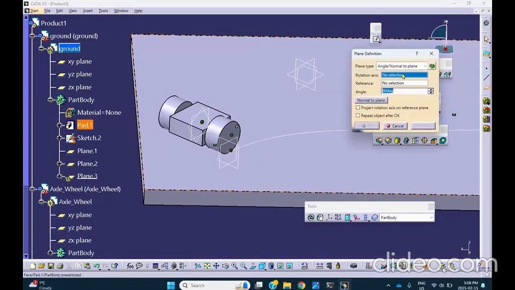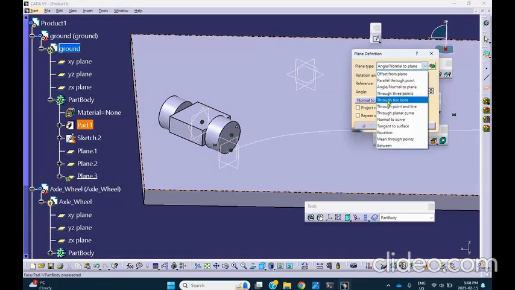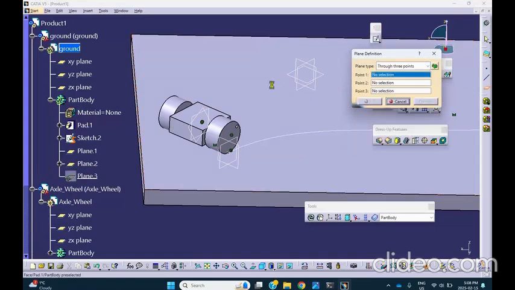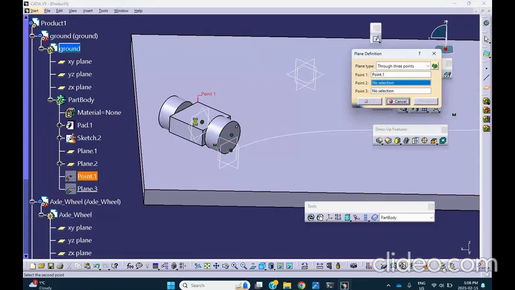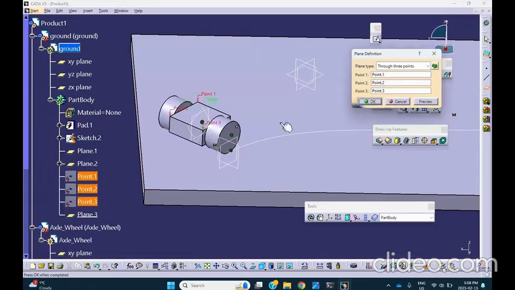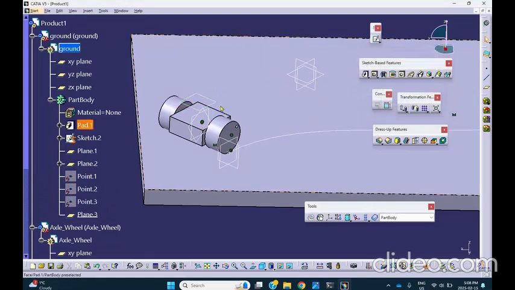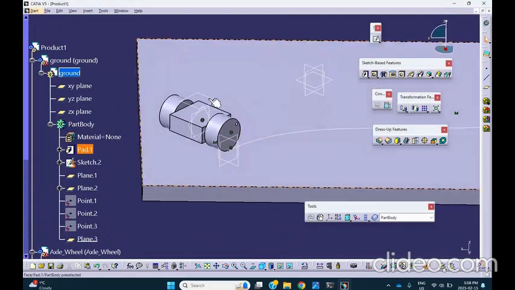We can do a plane through, for example, 3 points. Point number one, point number 2, point number 3. Okay, very good. So we have created a plane right there, which belongs to the ground, and it's basically coinciding